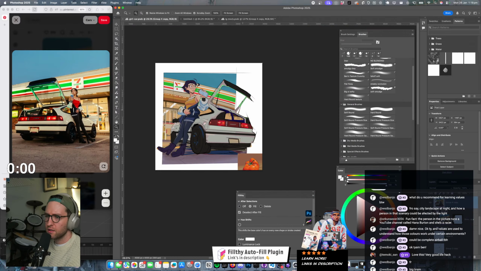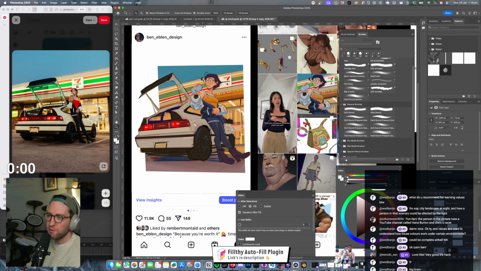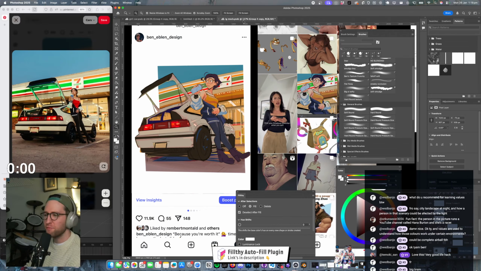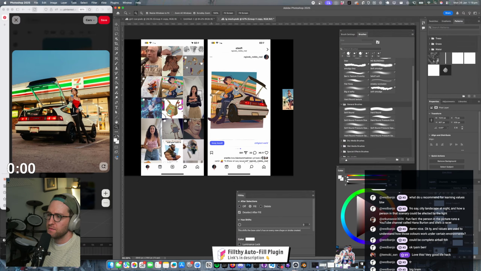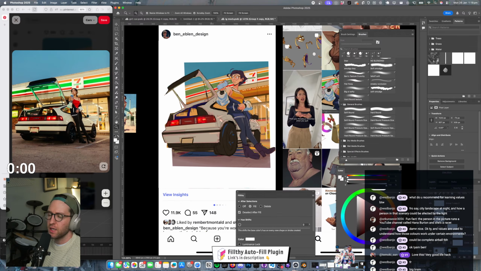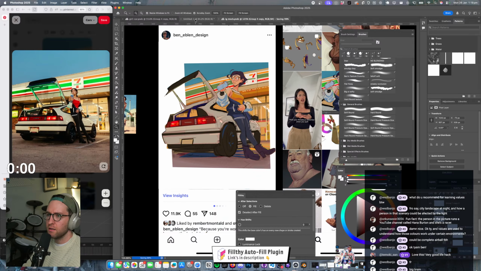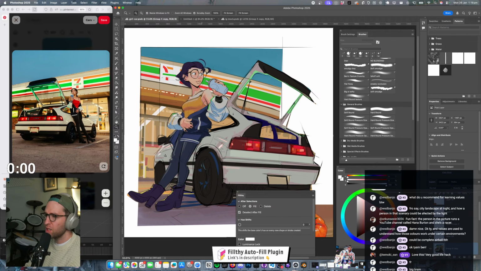Good little test. See how much that's changed, just that little color change. So now I can use this as a reference to be like, all right, sick. It's like taking a photo with a different kind of camera and seeing how the values and colors shift, and coming back in and adjusting it.